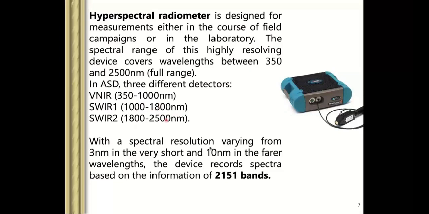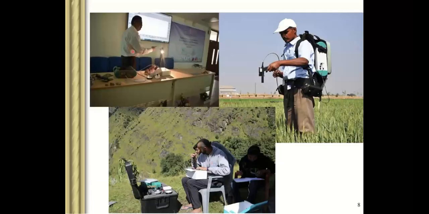So what I'm trying to say is that this is one of the workshops that we organize, and here we are trying to train people on hyperspectral remote sensing. You can see it is a tripod, and it is a very high precision lamp that we are using. This lamp has all the stabilizers and reflectors so that it will not give a fluctuating light. And second, it closely mimics our sunlight. Like the sun has all the spectrum, similarly this light has all the spectrum.